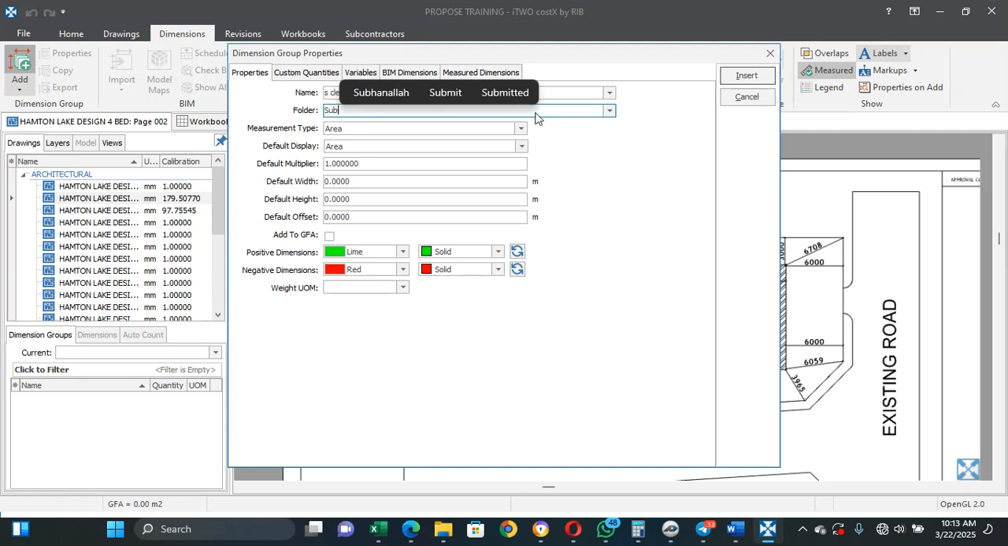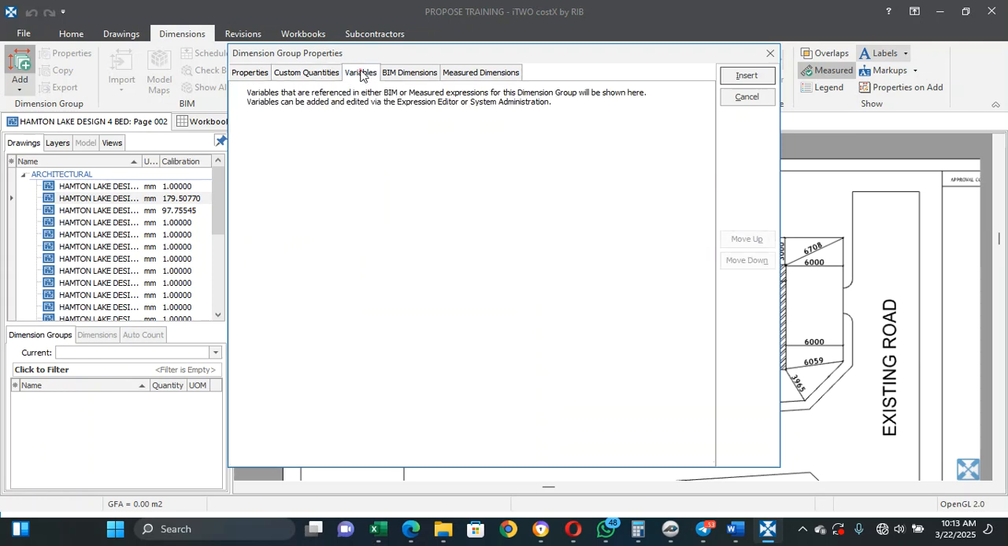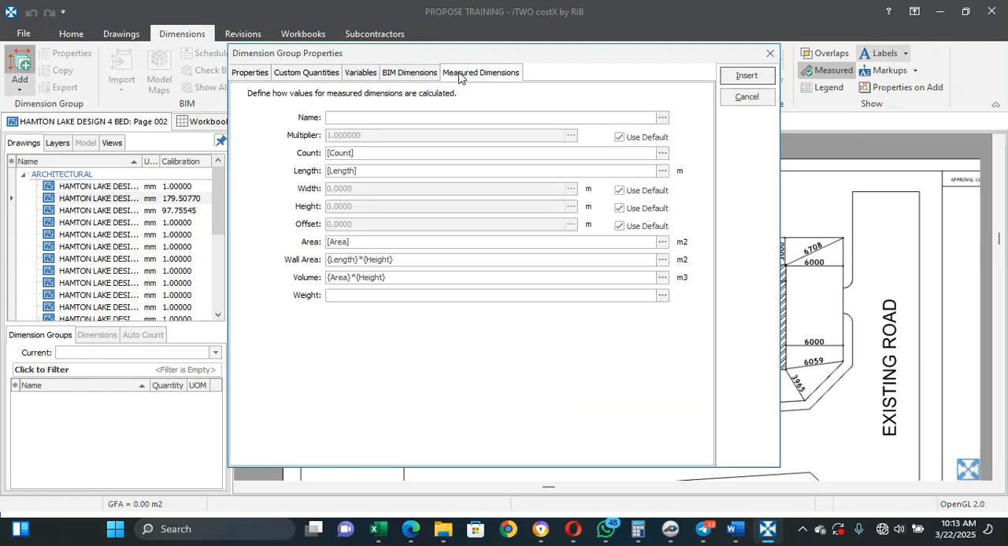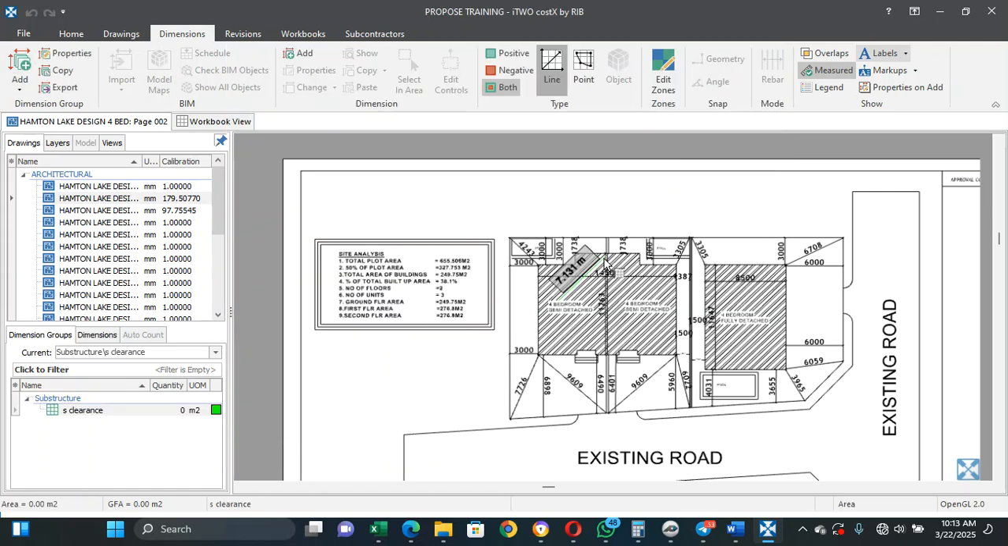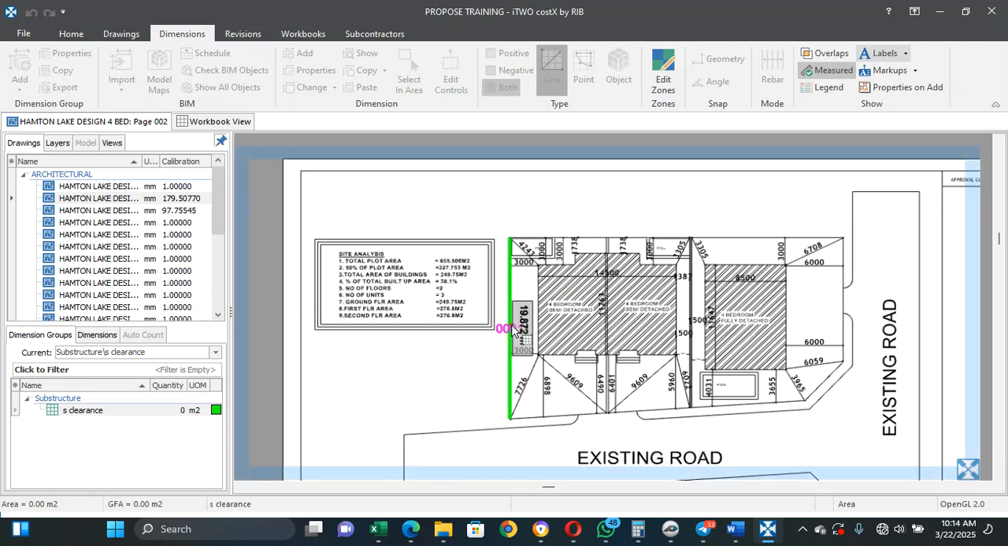Folder substructure, measurement type area. Our site clearance is in area. Now we'll not be creating any custom quantities, so we'll be leaving all of this blank. Starts with our site clearance, then we go to topsoil excavation. Insert. So I'll be assuming to take the whole area,